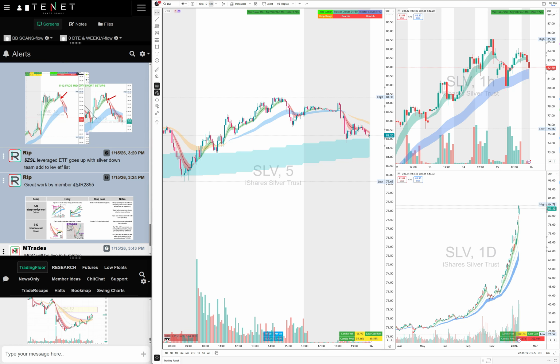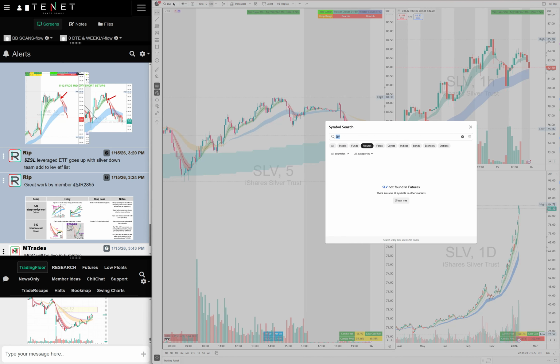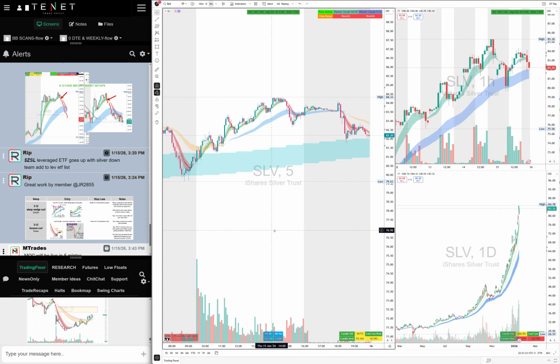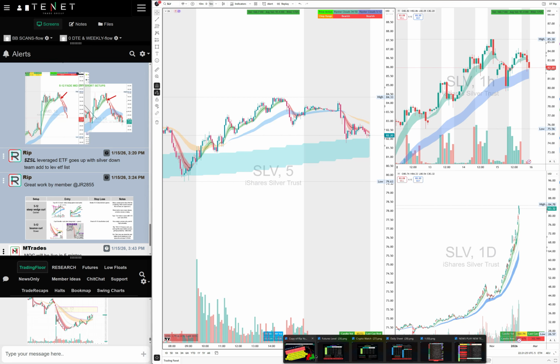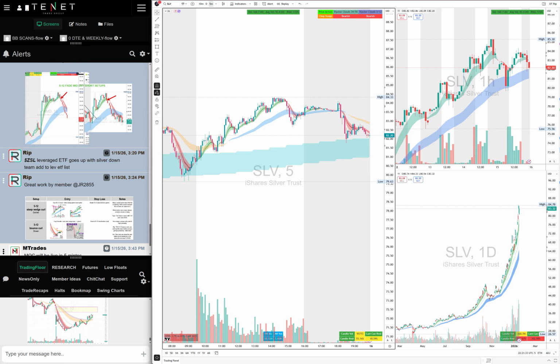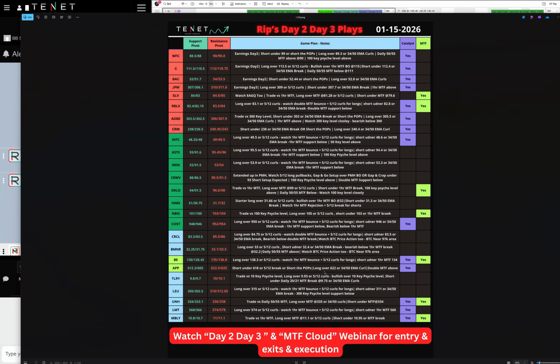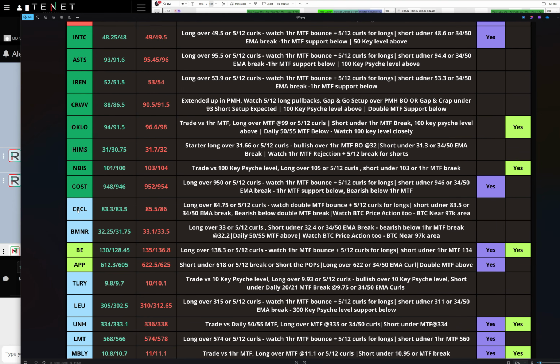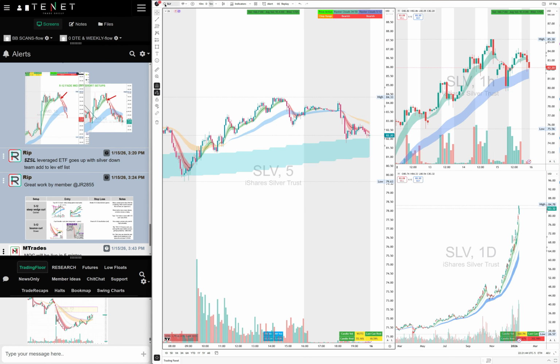All right, so next one we're going to talk about here is crypto stocks, right? I'm going to go through all of them pretty fast here. This is our crypto list. Pay special attention to these levels of support: Coin 252, MSTR, CLSK, Mara, or we also have our other stocks which we provide in the pre-market planning. Of course, BMNR is top, Circle is top. These two are top plays whenever the crypto is moving, Ethereum and of course there's Coin.